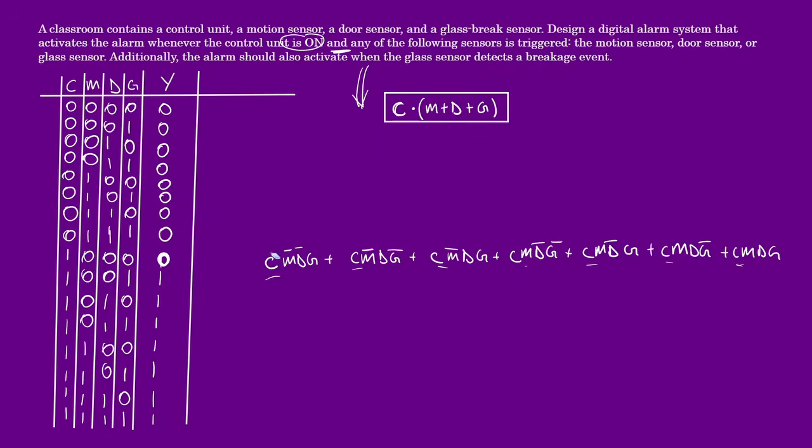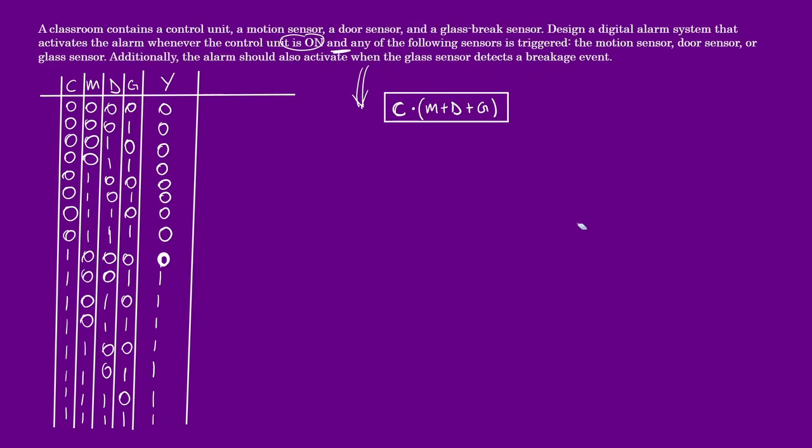So instead of writing this out and having to deal with a 6-term sum of products, we can just look at our question nicely and get this expression. We can now write the binary expression for the second part. What does that mean? The alarm should also activate when the glass sensor detects a breakage event, which means